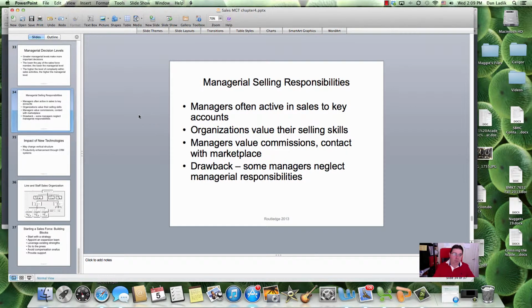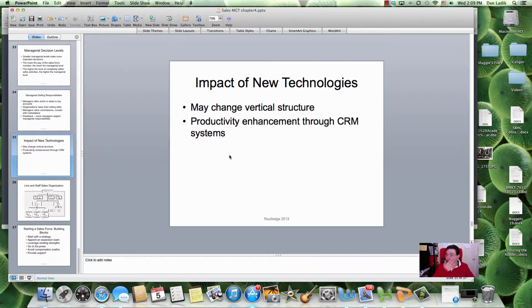oversight with the salesperson. Hopefully, we have some impact of technology that's helping. Hopefully, we have either social CRM or a nice CRM system where the sales manager can monitor the salesperson's progress without necessarily having to give them a call. He or she can look within their CRM system to see what the salesperson's been doing, see their plans, see successes, see the number of calls that they've gone on.